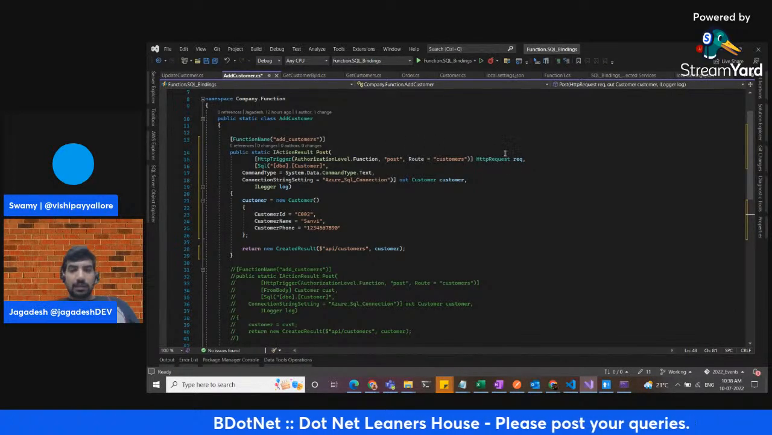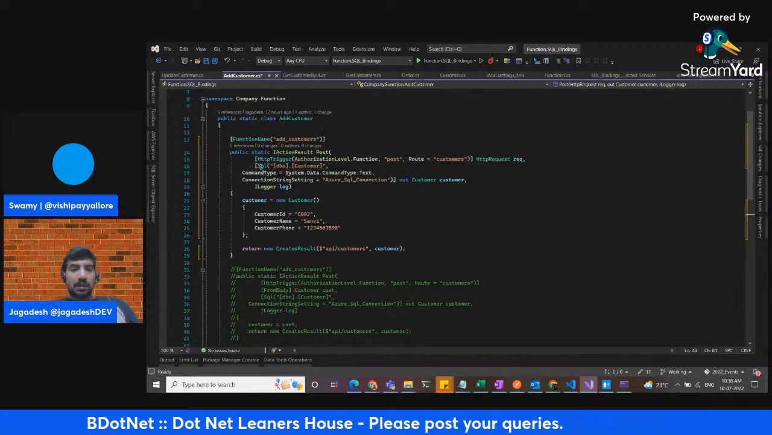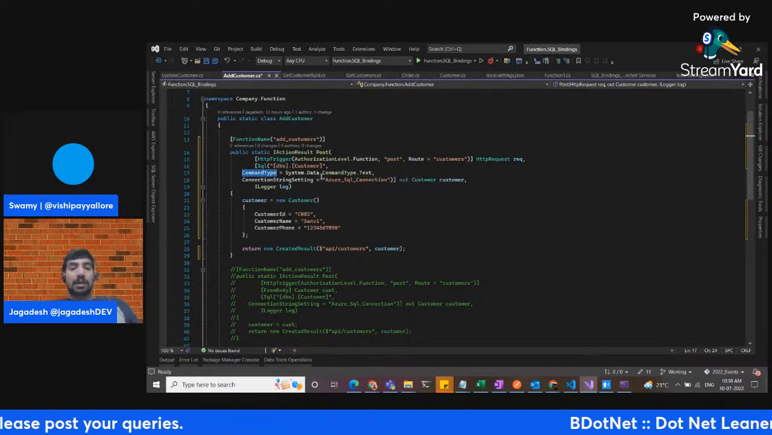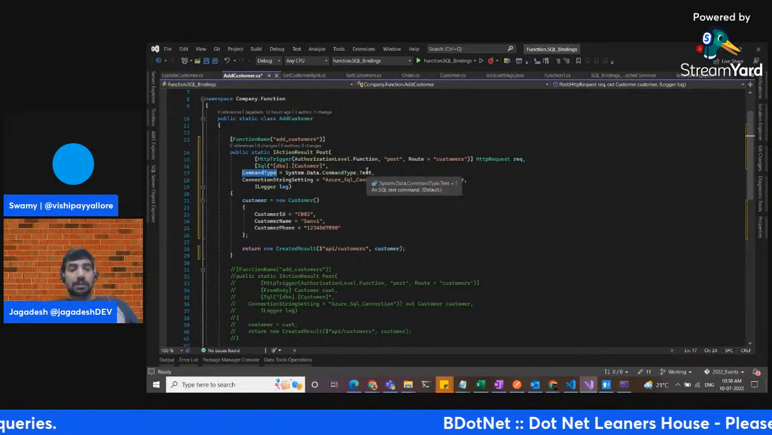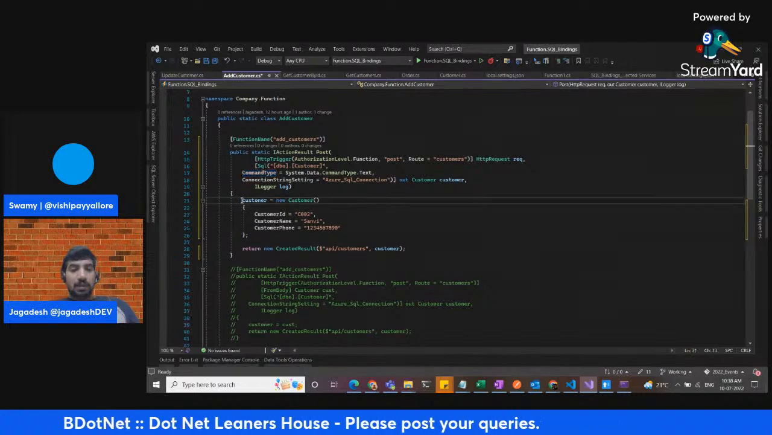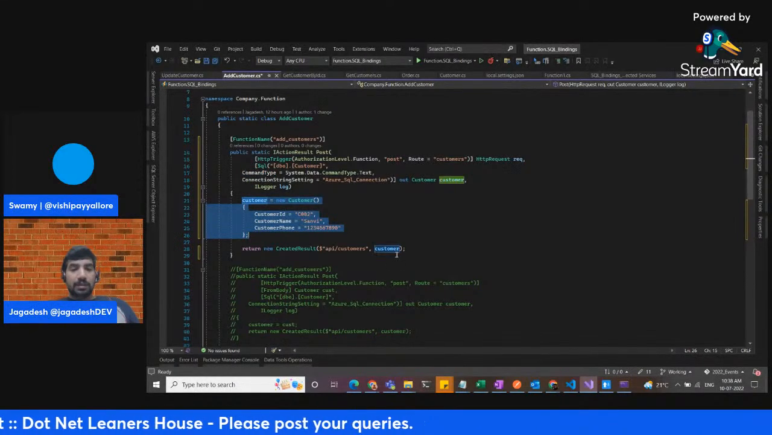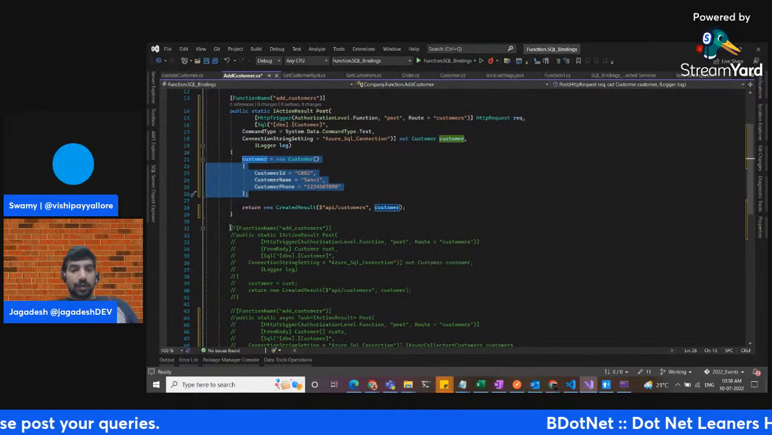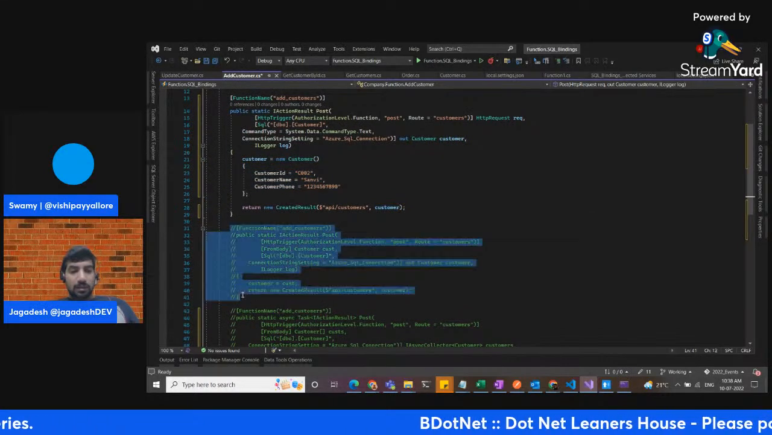It is the same thing: route customers, HTTP request and SQL dbo.Customers. If you observe here, we are passing the parameters, the command type and the connection string. So you have to specify the out customer. What I'm doing is manually creating a customer here. I'm just running the thing. This is one way of doing it, and the other one is